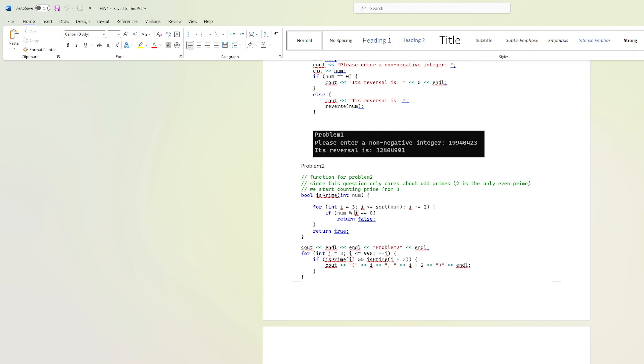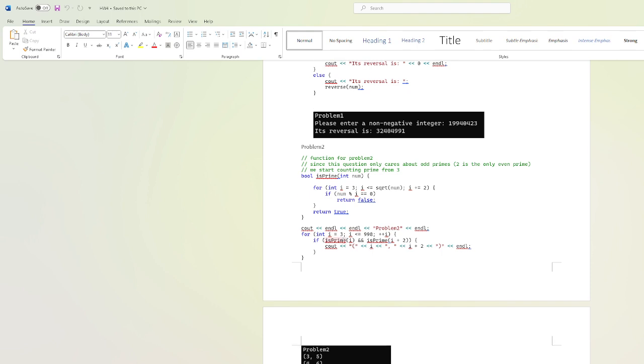So here we only use one loop in this function, and then we just check whether the number and the next odd number is prime, and then we output that prime in the